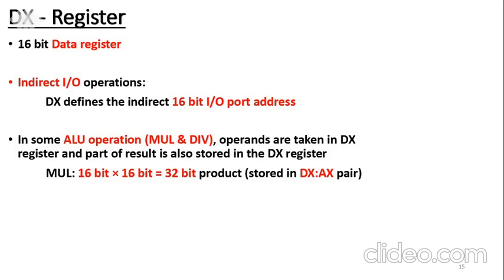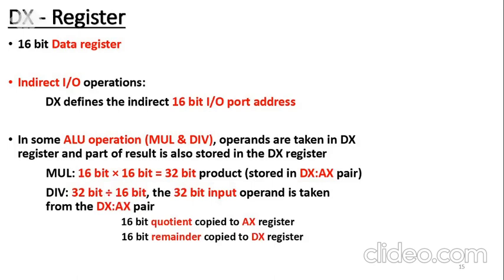And these 32 bits of product we cannot store in a single register because we don't have a 32-bit register. Then two registers are combined together and there that result will be copied. So in case of this multiplication, the 32 bits of product will be copied to the DX-AX register pair. It clearly means that the upper 16 bits of the result will be copied to DX. The lower 16 bits of the multiplication result are copied to the AX register. So that way, part of the result is copied back into the DX register as well.